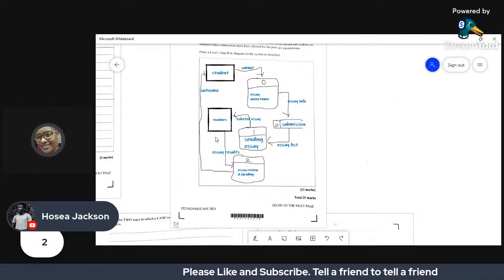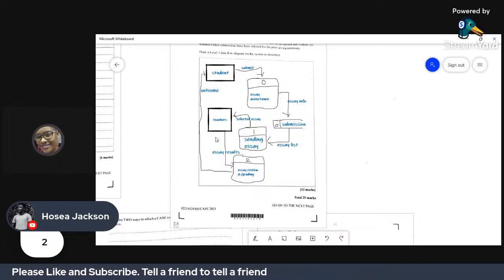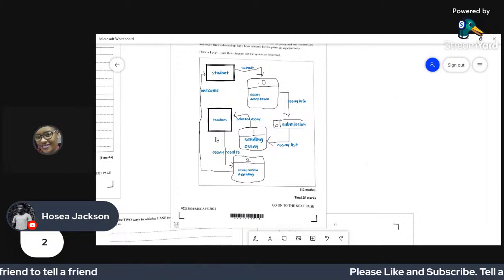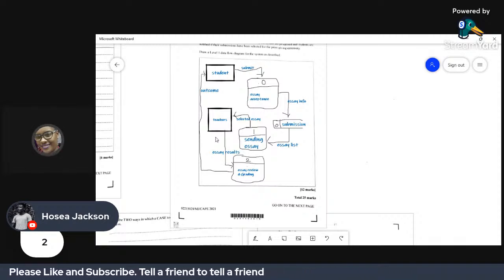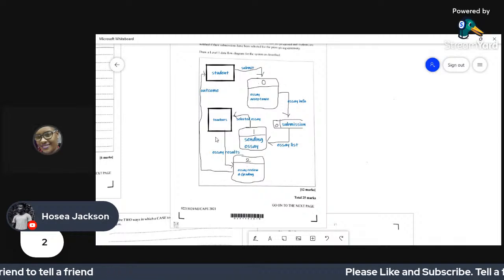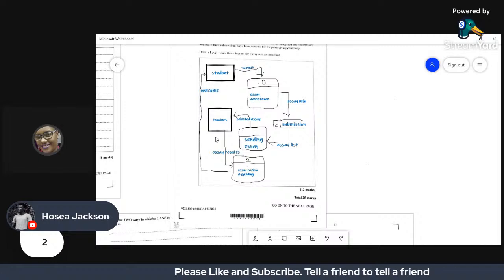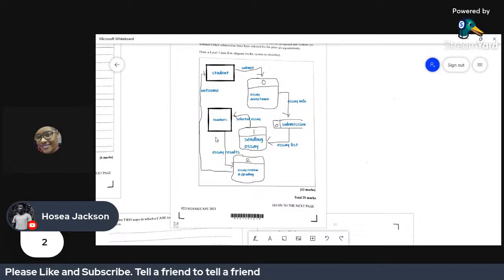All right, so even though it's a level 1 DFD, once you're going through with different processes, you don't really have to, because you don't get marks for it either way. But as you venture into computer science, you'll realize that if you are creating a data flow diagram with multiple processes, you have to state which process is which, right?